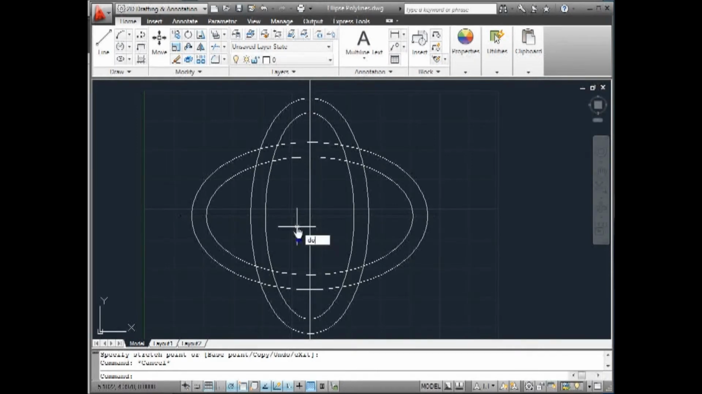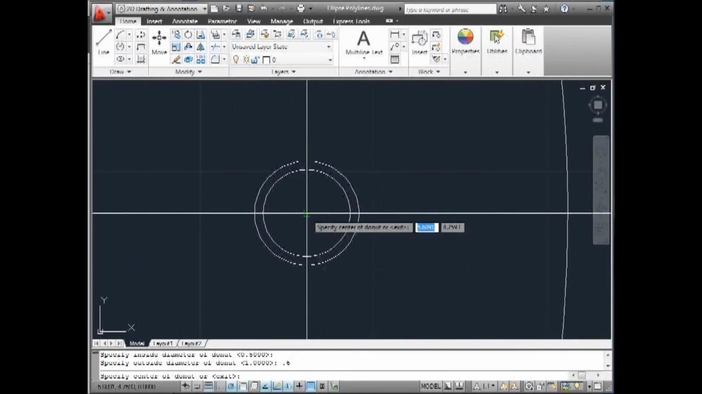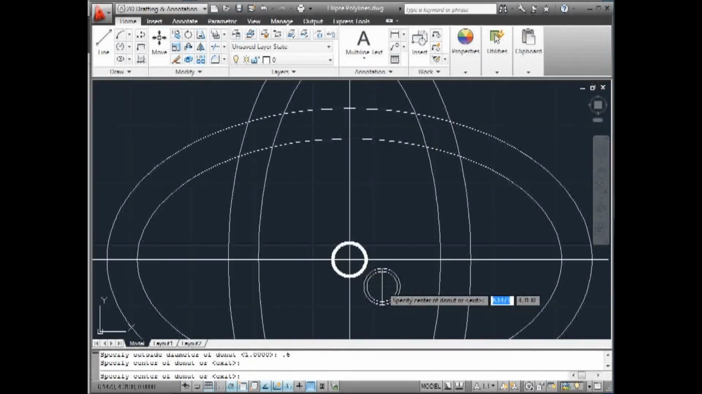So if I type in donut and enter, specify the interior. Now, if I want to draw a dot, I can specify that interior as 0 and then give it an outside diameter. But right now I'm going to draw the circle, so I'm going to use 0.5 for the inside and the outside as 0.6. And I'm going to put that right in the center. Alright, so